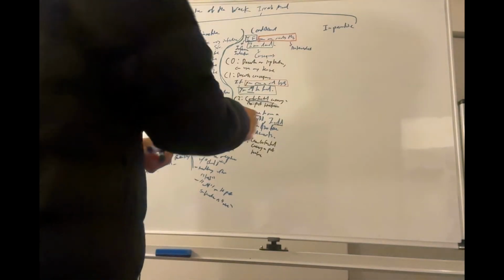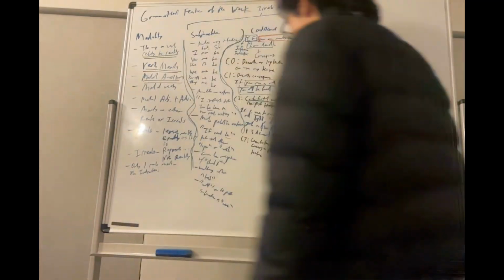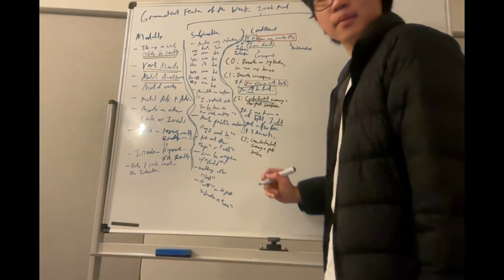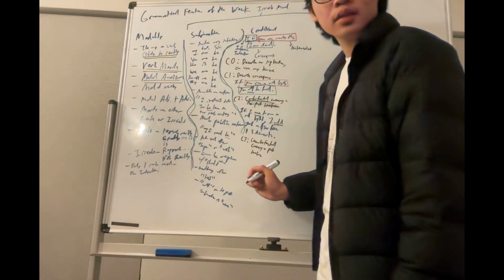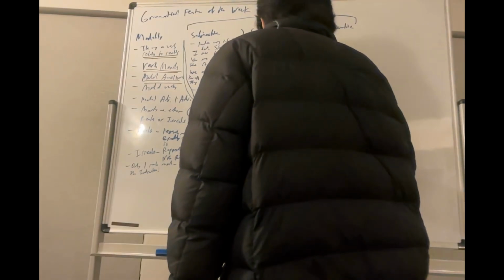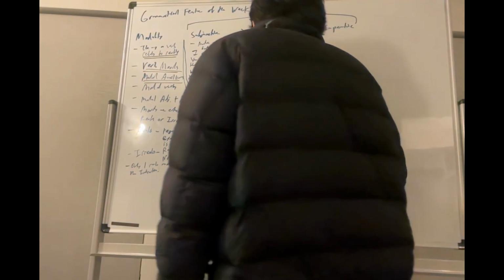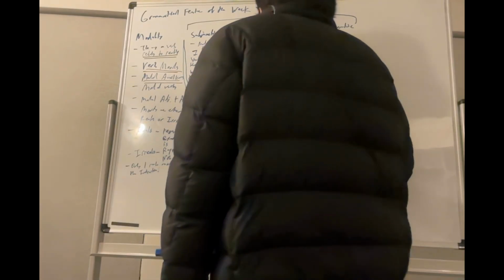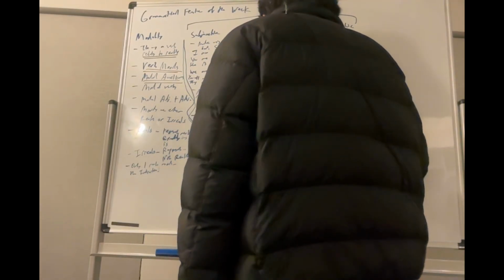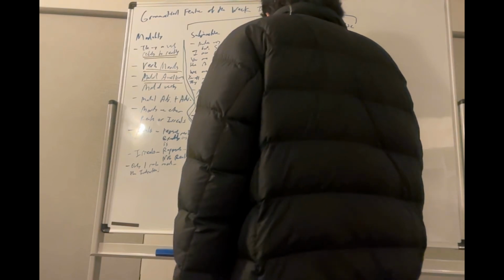I'm going to write it this way because the imperative really does not have that much to say. One example is if I had run a red light, I would have gotten